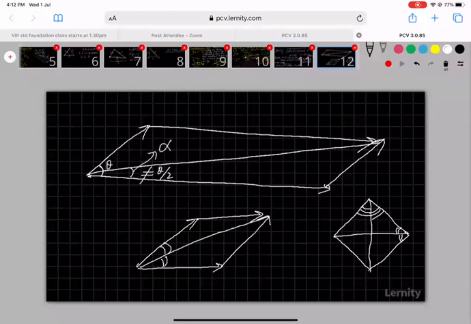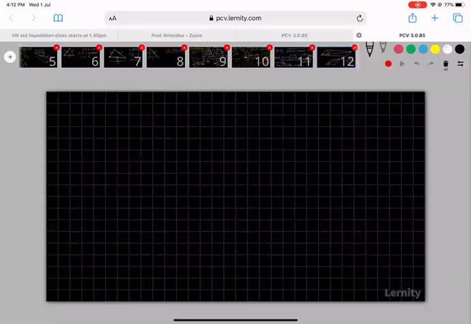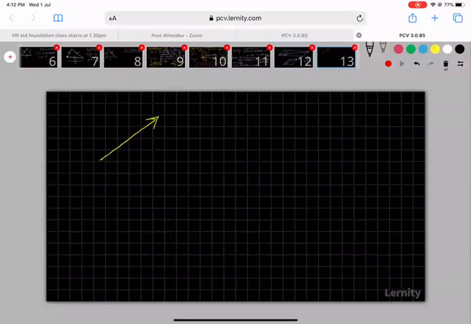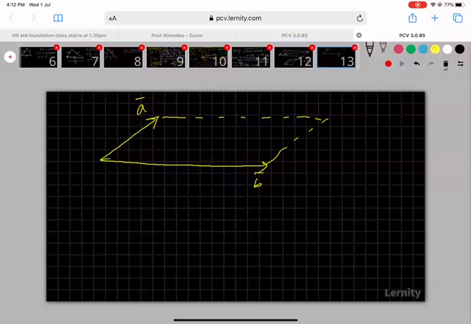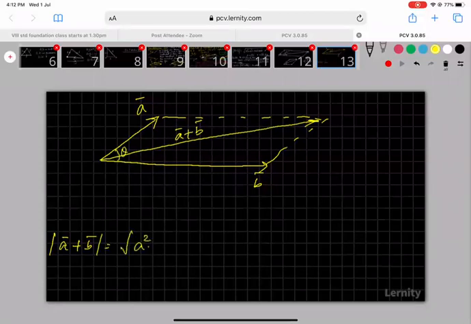Is there a way to calculate this angle anyway? If this angle is alpha, is there a way to calculate it? Yes, you can. How to calculate the angle between two vectors? The angle the resultant makes with another vector. If this is A bar and this is B bar, and you construct a parallelogram on them, drawn co-initially, the co-initial diagonal is the resultant, A bar plus B bar. I know the magnitude of the resultant: with theta as the angle, it is root of A square plus B square plus 2AB cos theta.